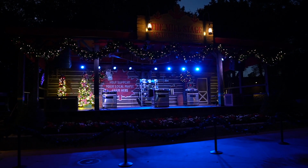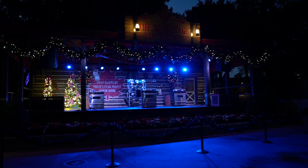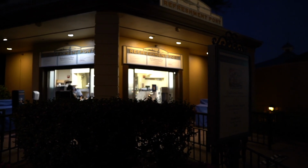And throughout the day, you can catch the Jammitors performing here on the Canada stage. Passing by the refreshment port, and they are now offering the turkey poutine. Unfortunately, I'm not going to get it today because I am so full and we have to complete the cookie stroll. So there's always next time. But our next stop,